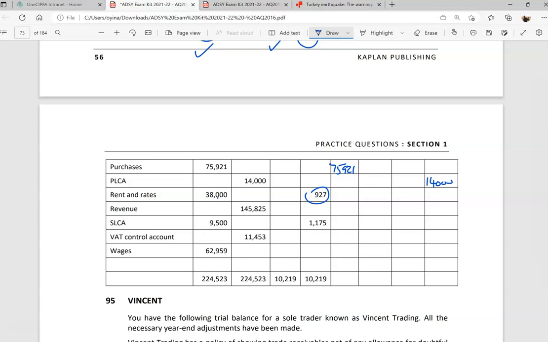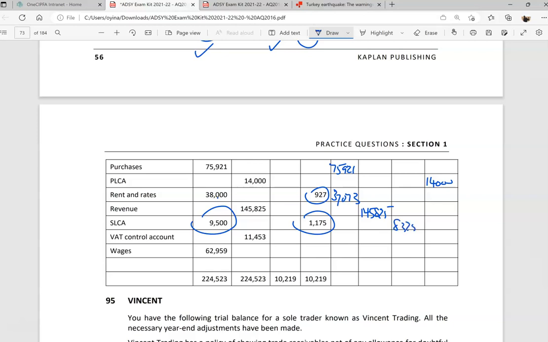Right, so we have an income statement. It's an expense, isn't it? 37073. We have revenue, which is a credit, 15825. The sales ledger control account, we have a debit, and then we have this offsetting it. Right, we have 9,500. Take away the 1175. Maybe that was a bad debt of some sort. That brings us to an asset figure of